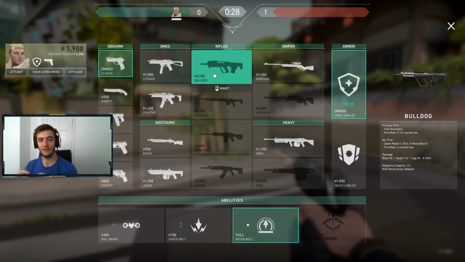And this train of thought kind of carries on throughout the game. So throughout the game, you always want to make sure you're buying with your team. You want to make sure that the majority of your team can do a full buy together, which means you buy at least heavy shields and Vandal and hopefully some abilities. And so if you look at your money and you look at your team's money and you see that maybe only 2 or 3 of you can't buy, and there's maybe 1 or 2 of you that could buy on the round,